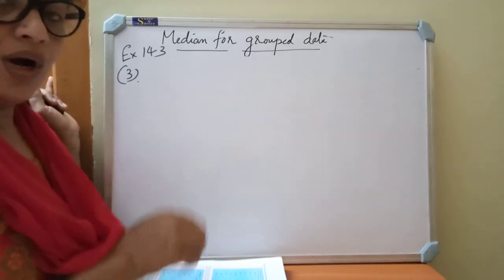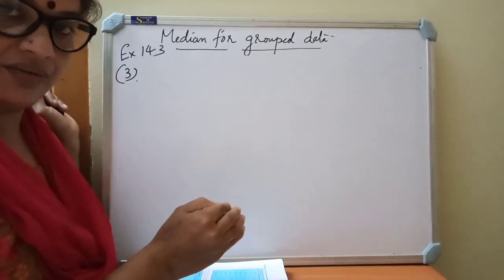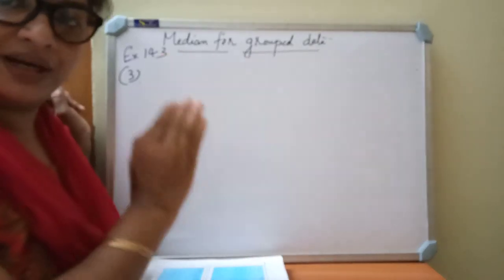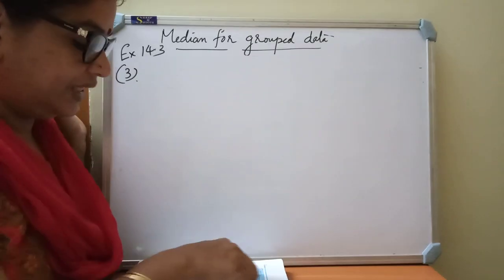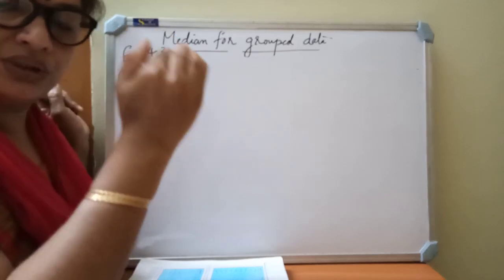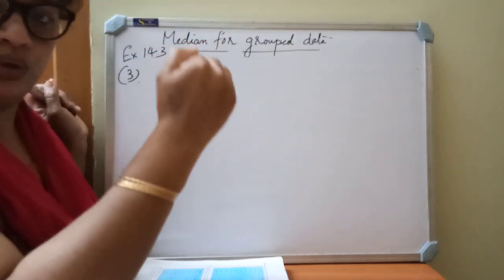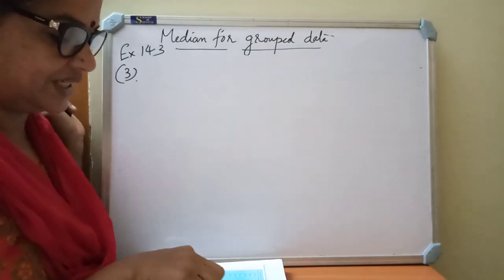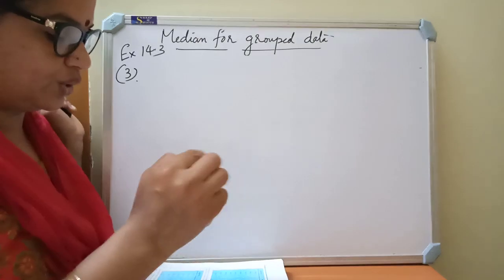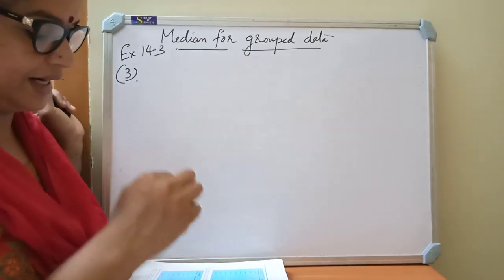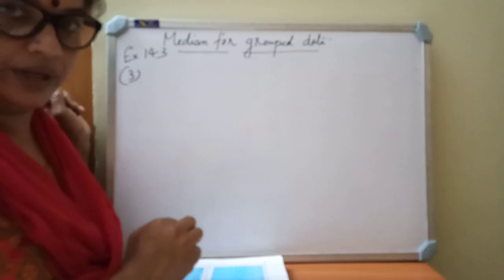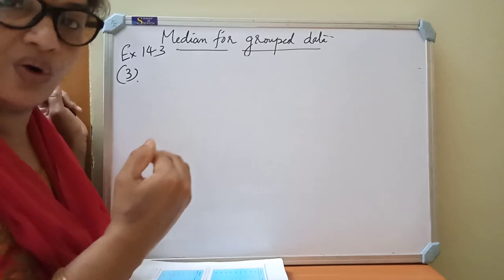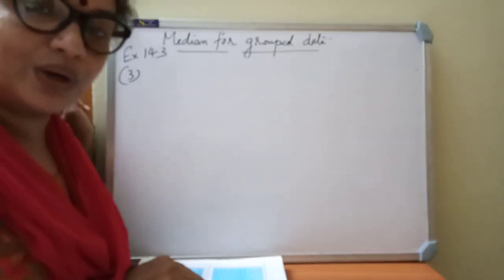See what is the difference here in the class interval from the previous questions. In previous questions they gave lower limit and upper limit. In this question they are given below some values, isn't it? Below 20, below 25, below 30, below 35, like that it is given. And see the frequencies, children, in the question data: 2, 6, 24, 45, 78, 89, 92, 98, 100. So the frequencies given in the question data are in increasing order and the last frequency is given as 100.